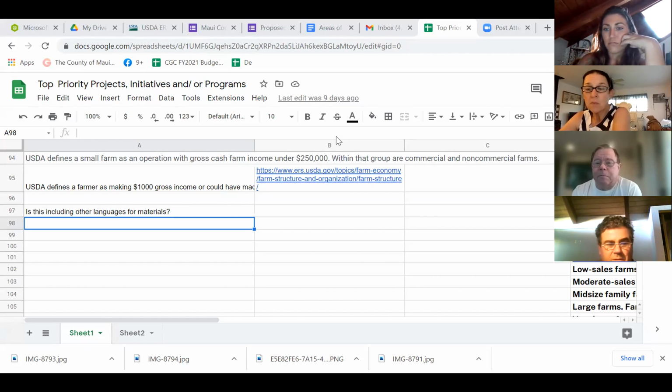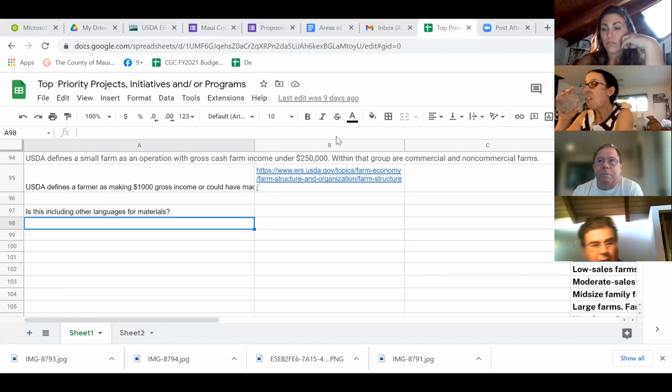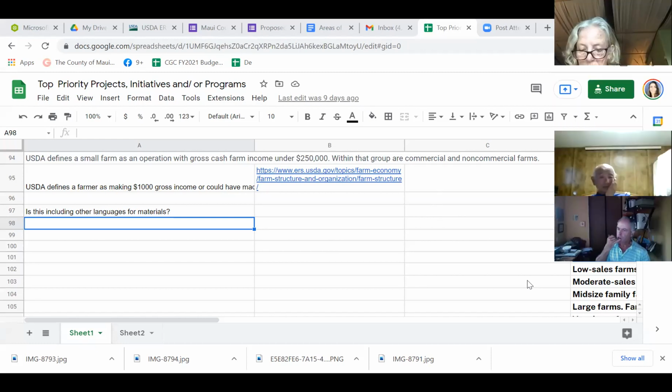USDA has language in that regard, yes. And I've heard it called, Jerry, you might know this, Farmer Jerry, socially disadvantaged. Well, Farmer, that's the group you're approaching, yes. So it's socially and remote disadvantaged. I forget the exact word, but underserved is another word that is used to run parallel with their language. Right. So these are words we use at the university and we use in multiple of the nonprofits.